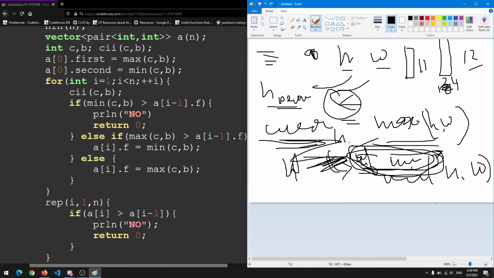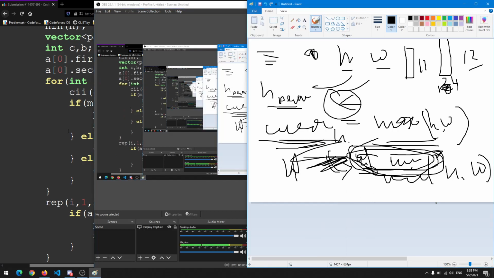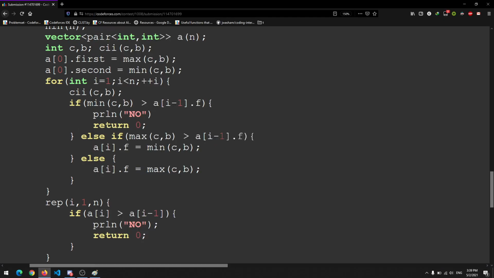If the minimum of c comma b is greater than a minus 1 dot f, we print no. And if it is false, we move on to the next line.